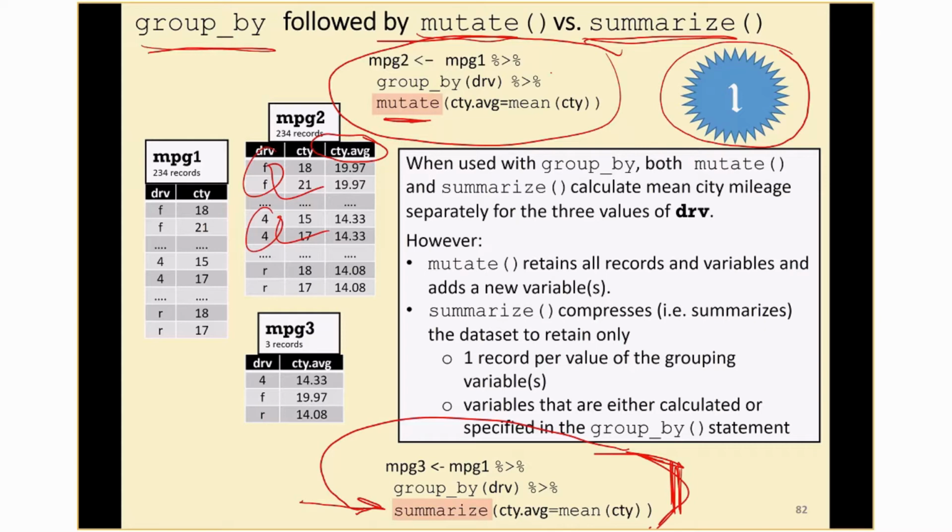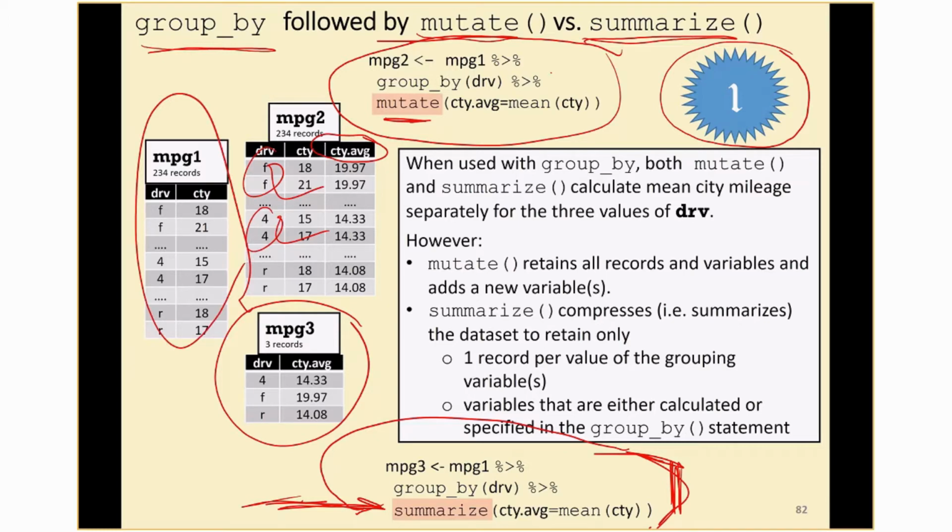When we use the summarize function, what we're going to generate is a compressed or much smaller data frame. So when we make MPG3 based on MPG1 together with group by and summarize, what we can think of